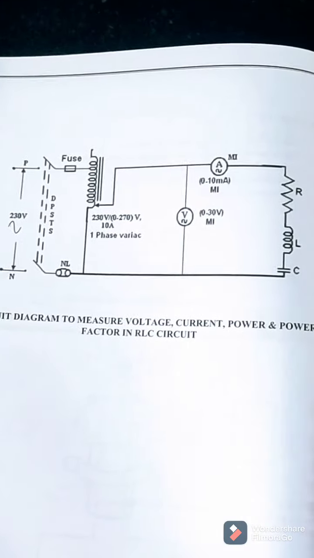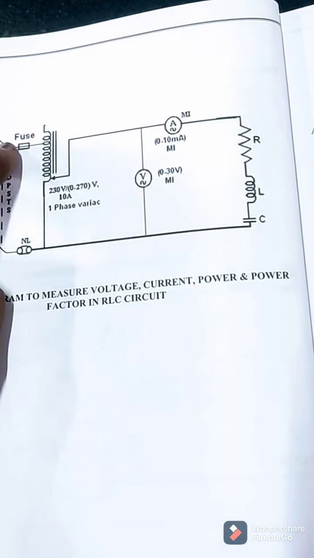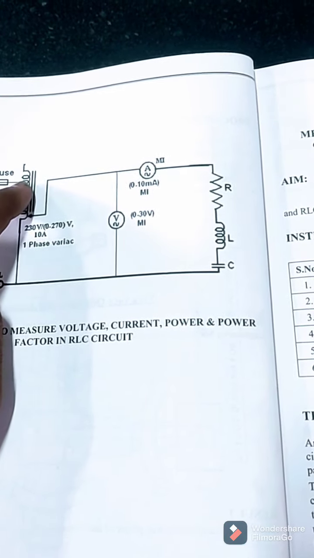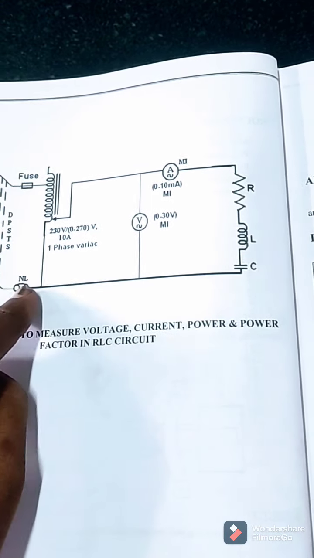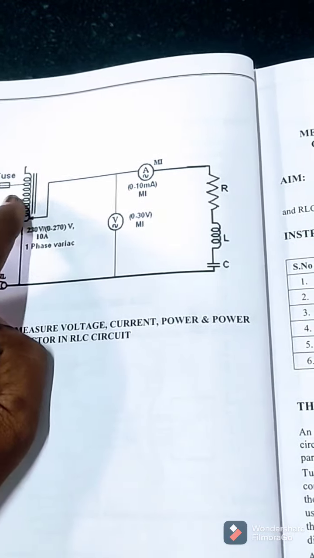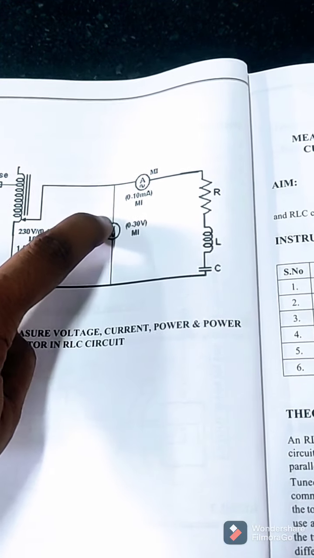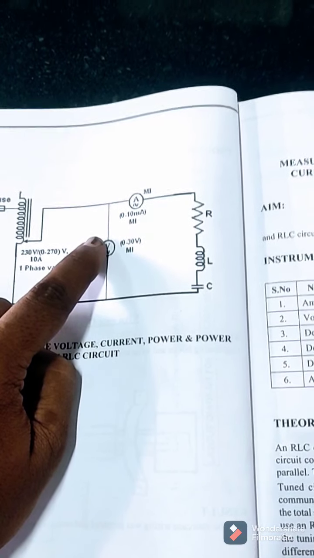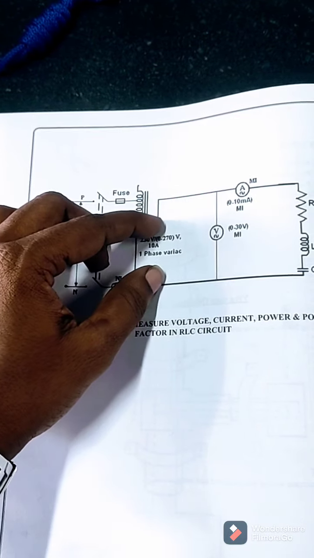So this is the electrical circuit diagram. This is the main supply. From the main supply, we give it to a fuse. Another terminal of the fuse is given to one terminal of the auto transformer or variac, and another terminal of the auto transformer input has to be connected to the neutral terminal. On the secondary side of the transformer, we take a wire and give it to one voltmeter terminal. All electrical devices will always have 2 terminals. Please remember this. So here also in the transformer we have 2 input terminals and 2 output terminals.